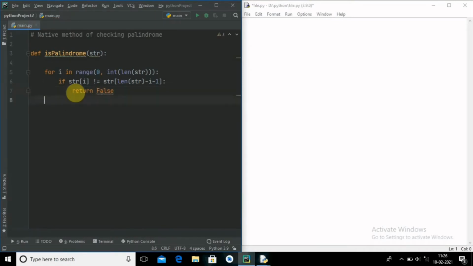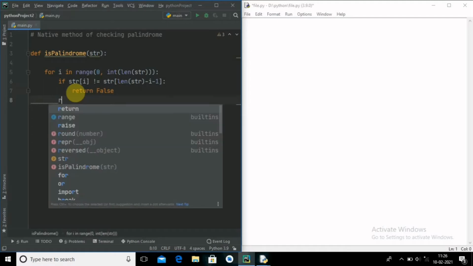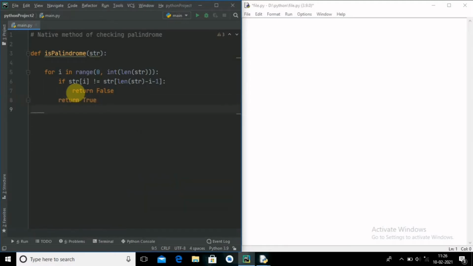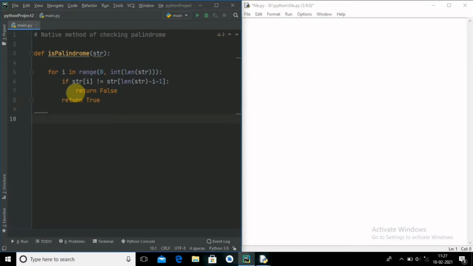Return true. Here you go. Let me give a simple string. I will give the string to be madam. Then my answer is whether it is a palindrome or not.